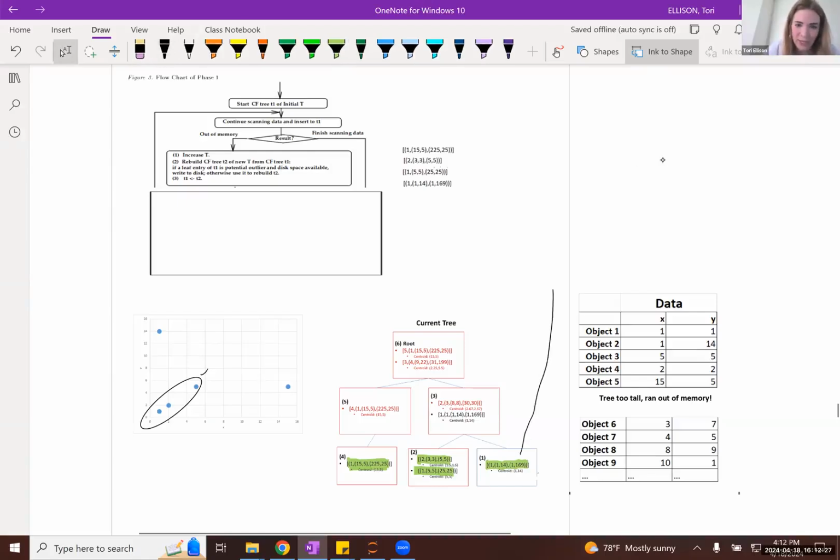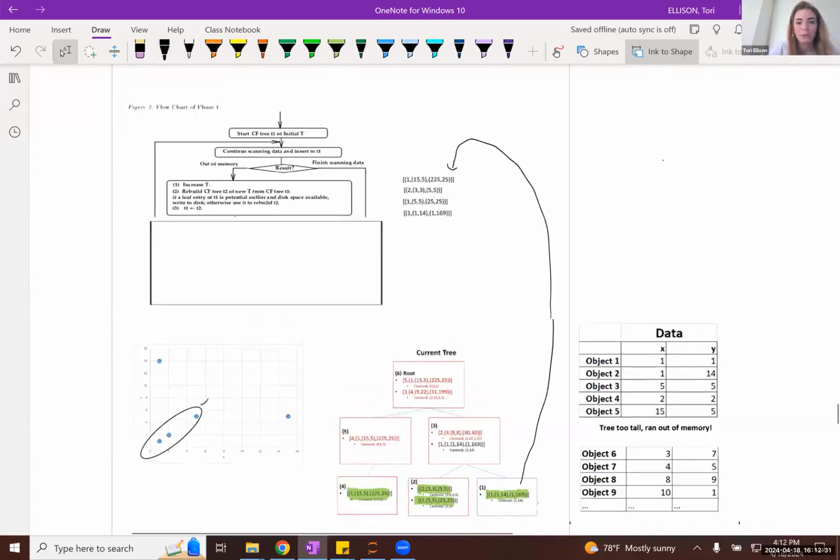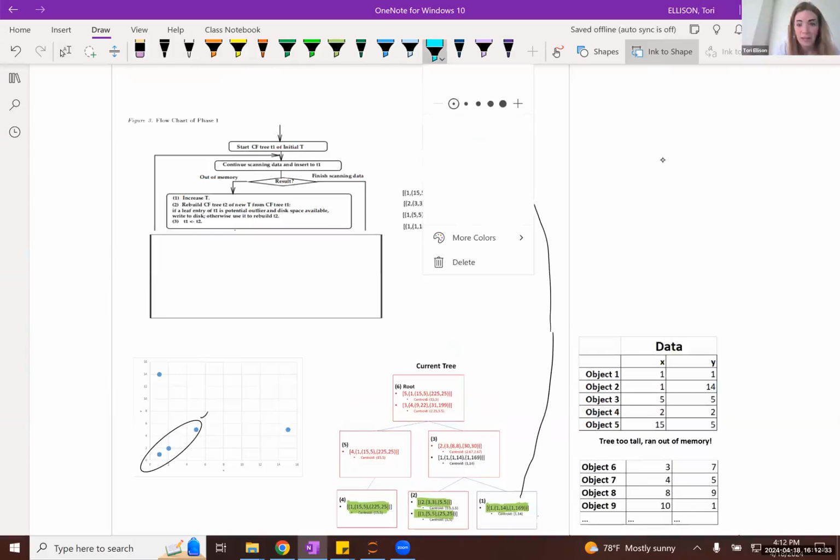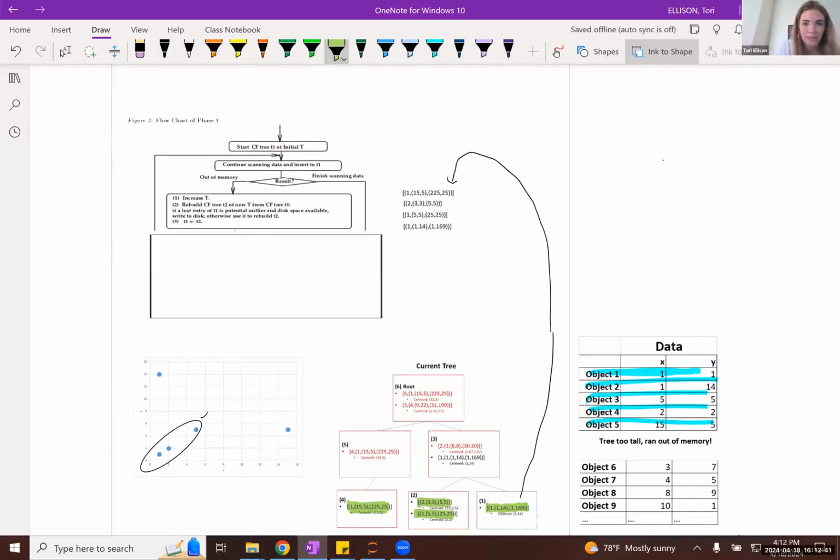and then you start building your CF tree again, but rather than feeding in each of your individual observations as singleton subclusters, instead you feed in the existing subcluster CF entries that you had already created one at a time.